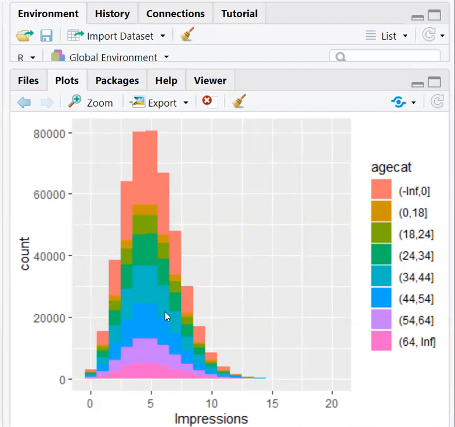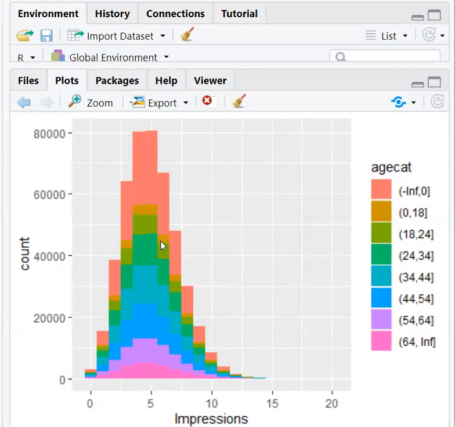So this will give an idea about, if you observe this particular graph. The first category is those who are not signed in, so let us leave it. On top of it is the less than 18. If you observe on each impression, the top one is less than 18. Here also it is less than 18.